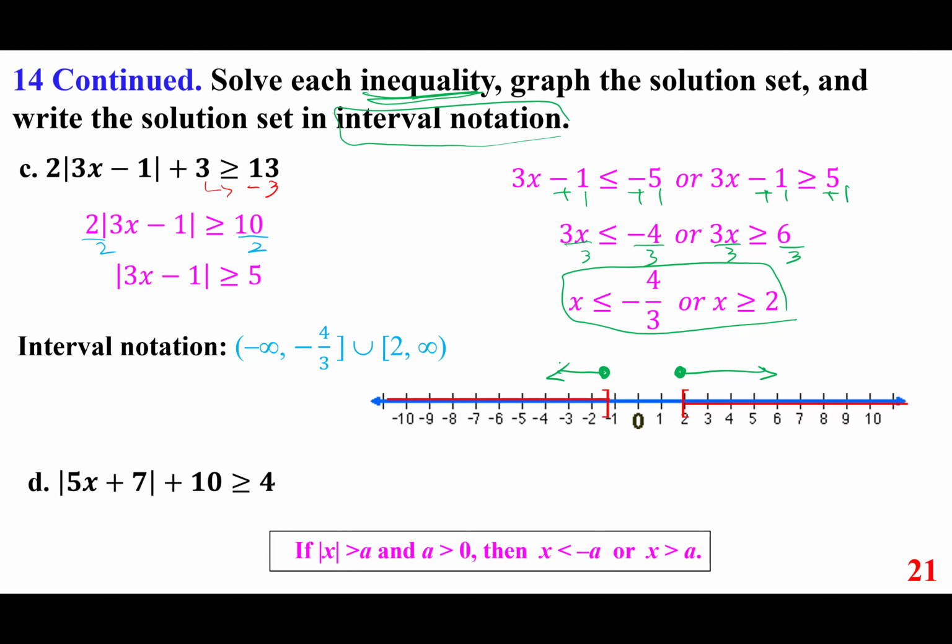The absolute value of 5x plus 7, plus 10, is larger than or equal to 4. The first step is to isolate, and so we are going to do so. Subtract 10 from both sides. And the right side becomes negative 6. Now,